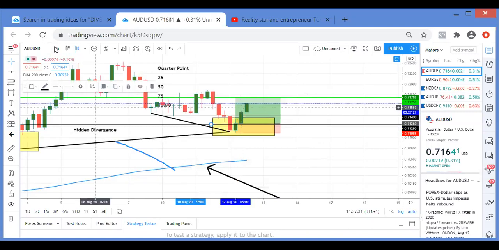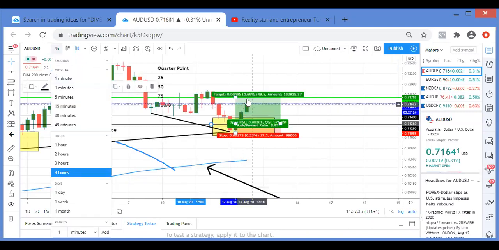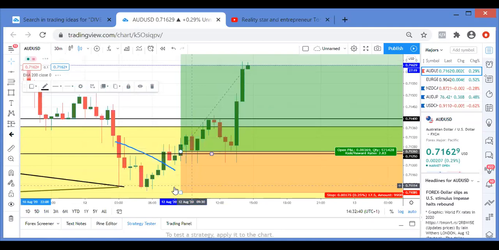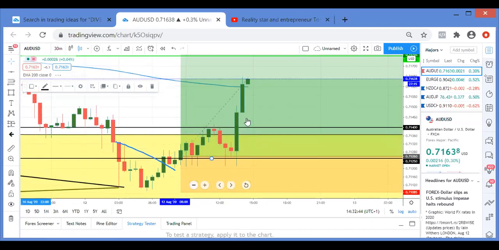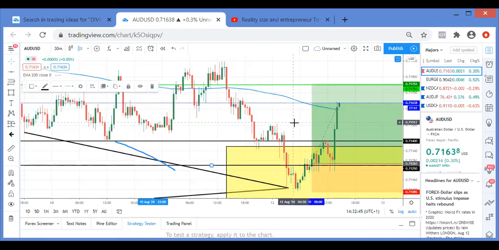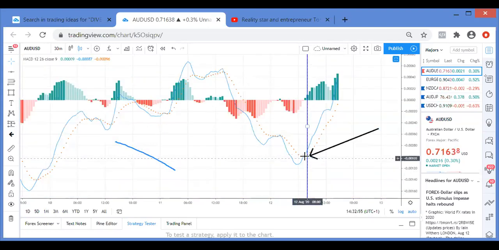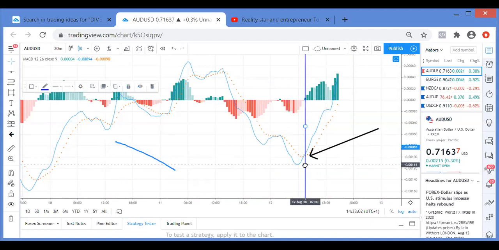Then I go down to the 30 minute. Can you see the market going up? Now, when I go down, all I'm waiting for is very simple. There's no emotion. All I'm waiting for is my MACD to cross. Can you see my MACD crossed here? Look, can you see how this blue line crossed above these orange dots? That was a sign for a reversal, right?